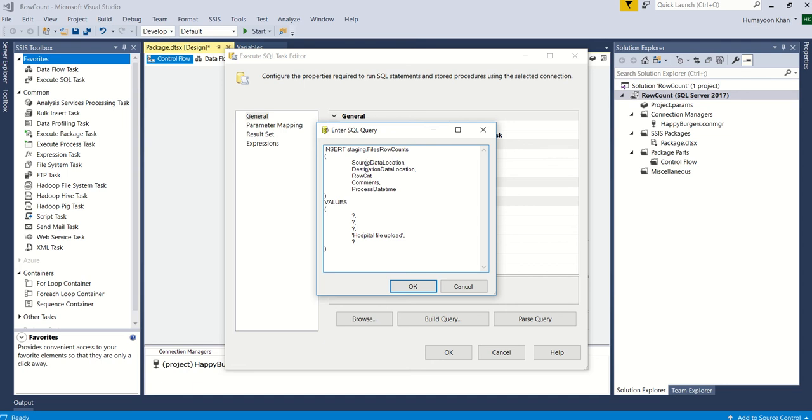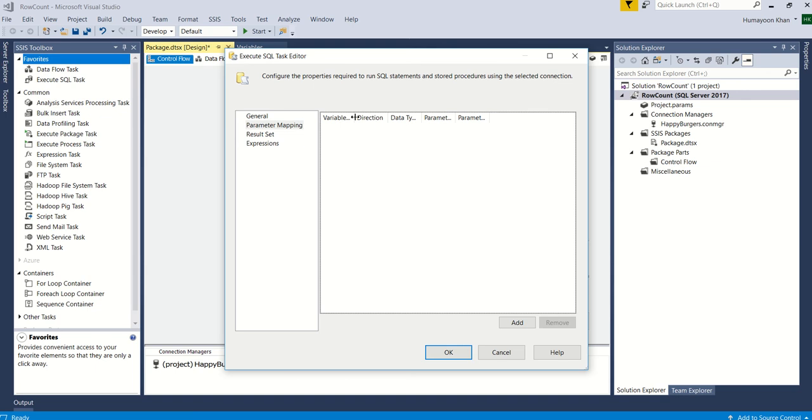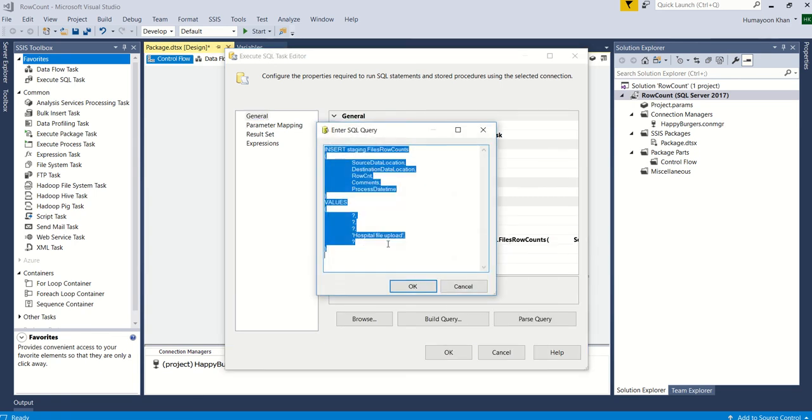We still have to pass 0, 1, 2, and 3. We'll be able to see that from our other window when we are passing the parameters. But this is your insert statement. Click OK. Let's go to the parameter mapping. So the first parameter was the, sorry, let's go back to this statement, and we can give the source data location also here, which was the